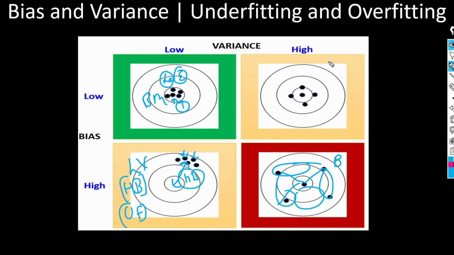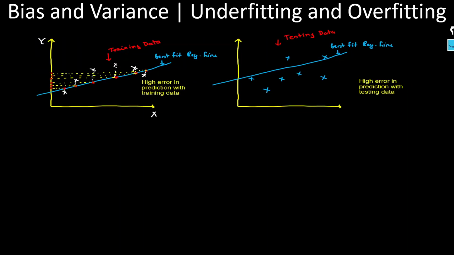Here we have high variance and less bias. Less bias means near to the target, and high variability means there is variability in the error between the training and testing. That is your overfitting. So let's understand all four things, bias, variance, underfitting and overfitting, in a single slide, so that you can visualize all the things in a single slide.